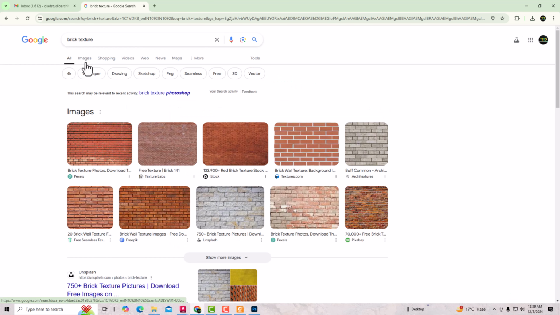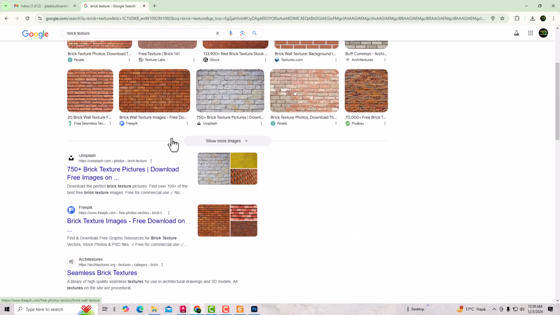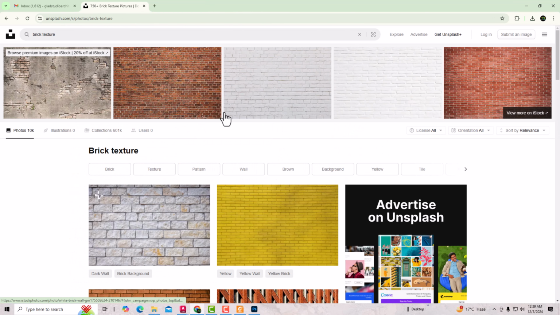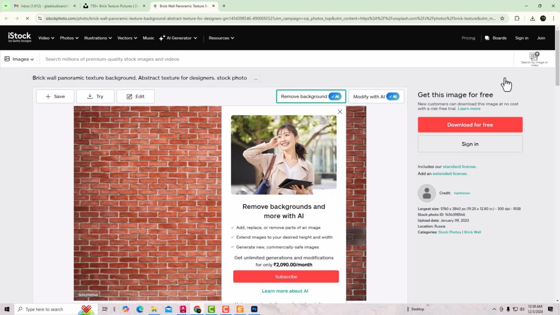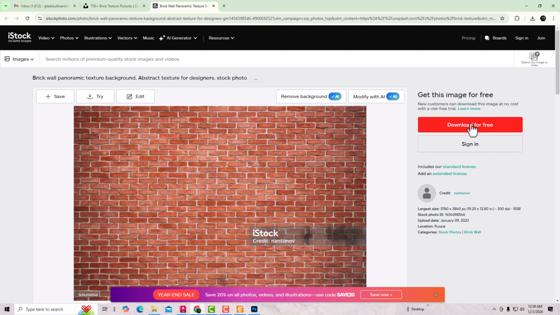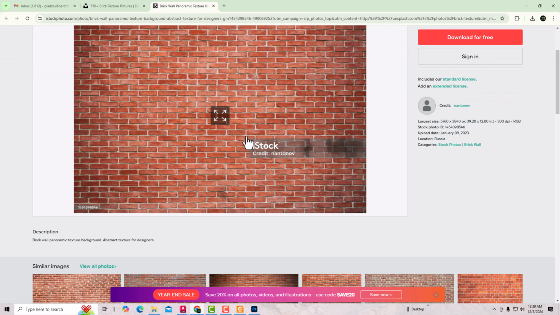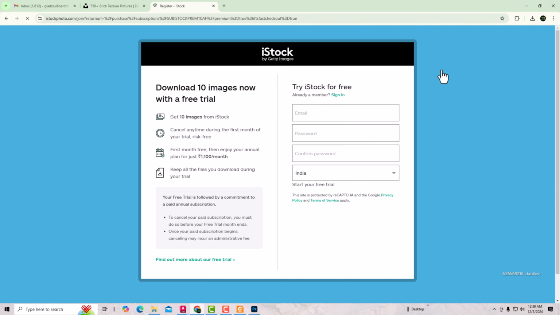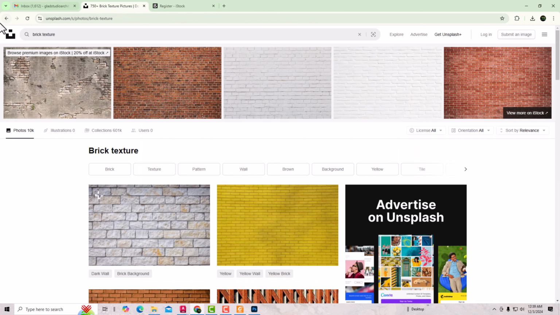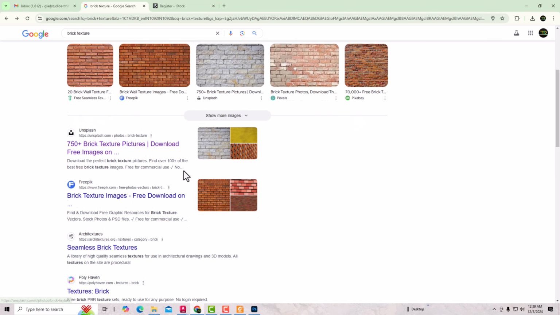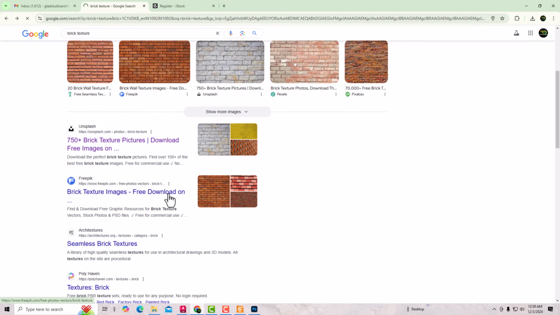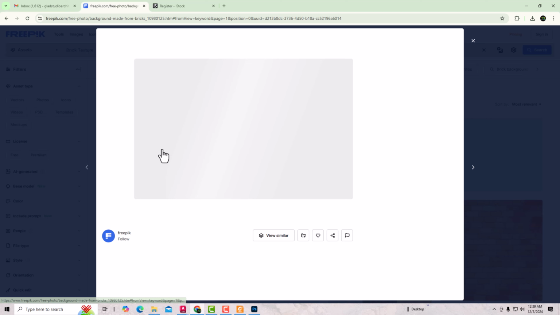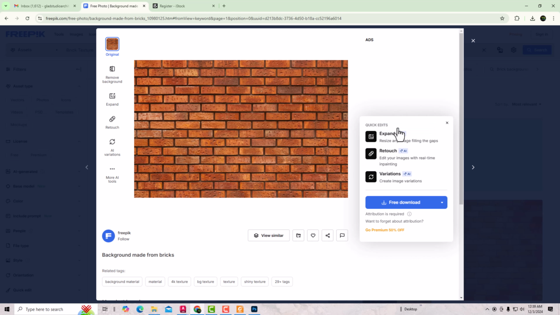and you can see any brick texture here. So suppose I'm going to use this one, whether this is free or not I don't know. So you can see this is download for free, so we have to see if this logo is there. So this is very tough, so we'll go backward and you can use this free pick. We'll see this brick. I'm going to download this,